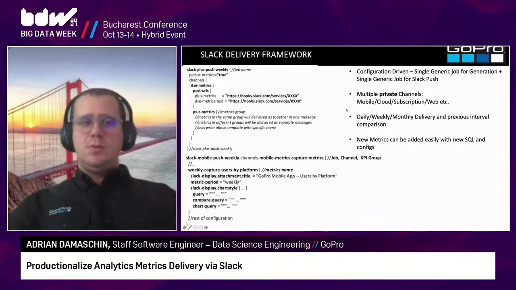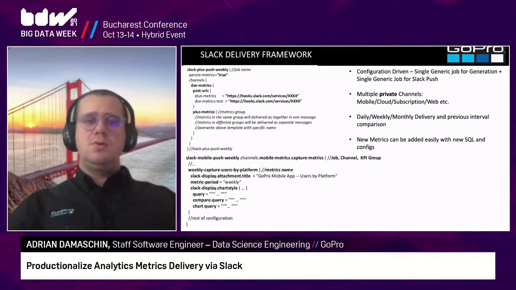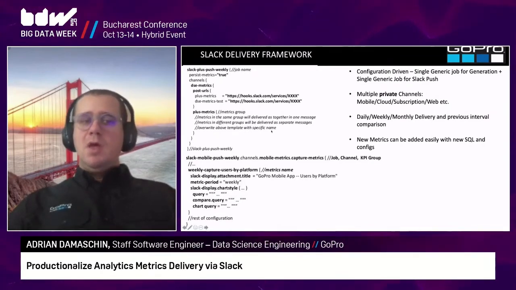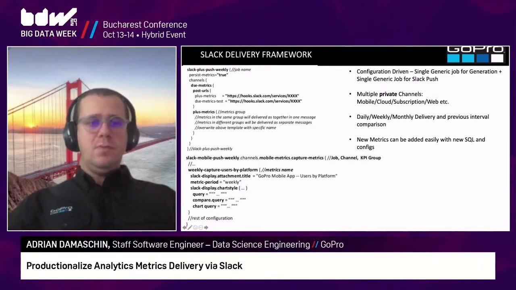Then we have the metrics groups. We may have multiple groups that get sent as different messages, or everything in the same group gets sent as a single message. So you can have even 30 or 40 metrics in a single group that gets sent, or we can have them split into separate groups that have different titles and so on. And we have a template for this that I've shown you in the previous pictures. There's also another detail here. Here we have the individual metrics that are part of the group.